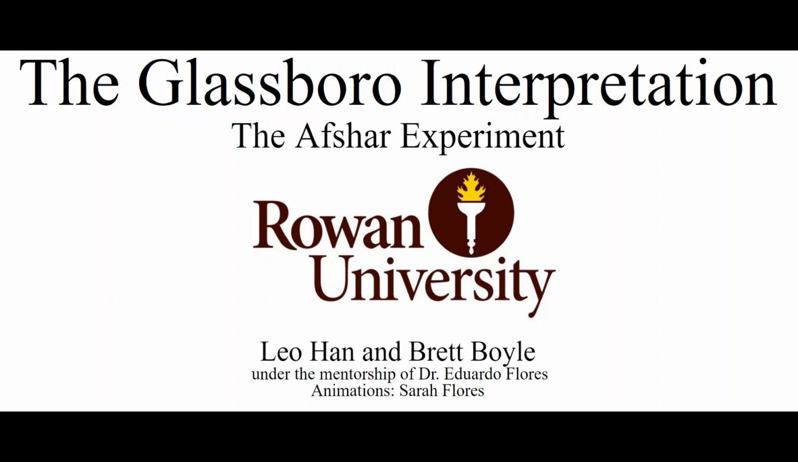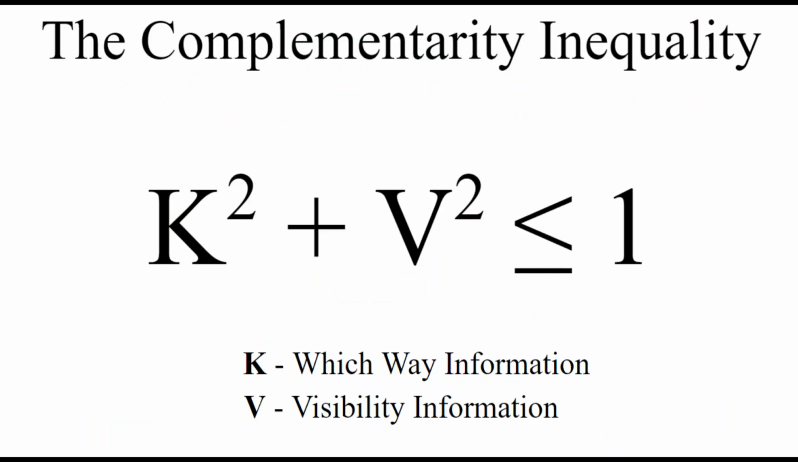The Glassboro interpretation can explain and resolve the paradox of the Afshar experiment. In order to quantify wave-particle duality, we introduce two different parameters. These are the particle parameter of which-way information, which is K, and V, the wave parameter of visibility. Together, these two parameters form the complementarity inequality, which is K squared plus V squared must be less than or